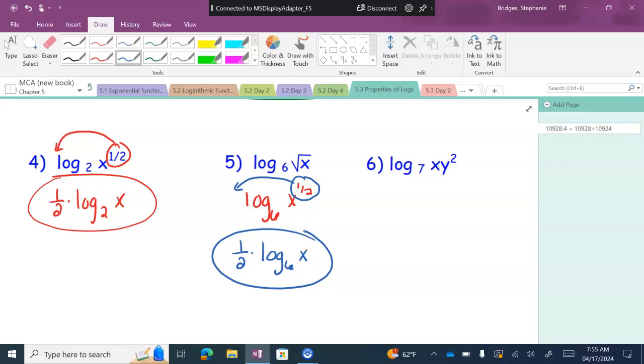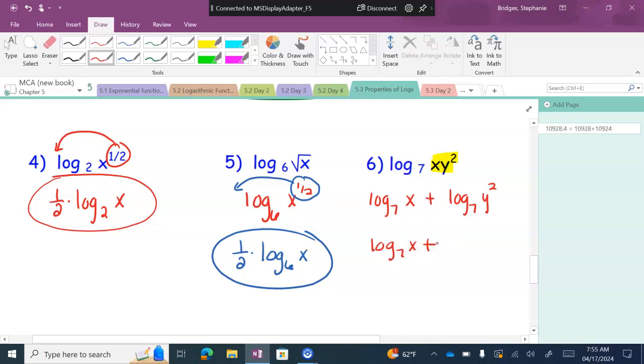All right, in my argument, what two things are being multiplied? X and y squared. So what we're going to do first is split up the product first. Not quite done though, because one of my arguments can still be expanded because it has an exponent in it. Does the first argument, the log base 7 of x, have anything that needs to be expanded? No, so I'm going to bring that down. And then what can I do with that 2 here? I can move it into the front, but only of that log. So it becomes 2 times